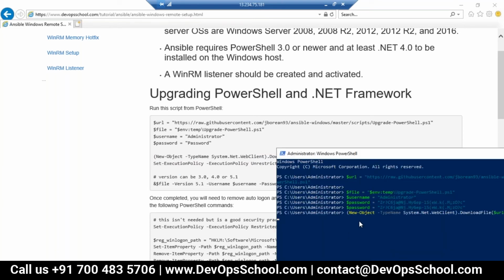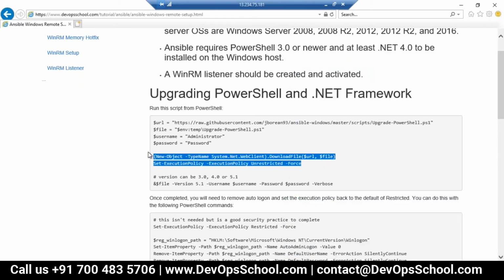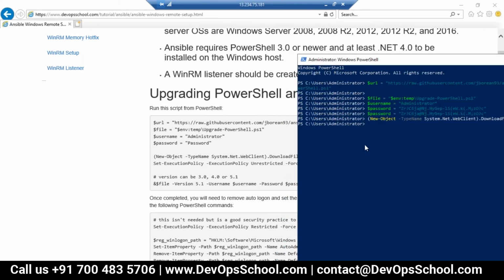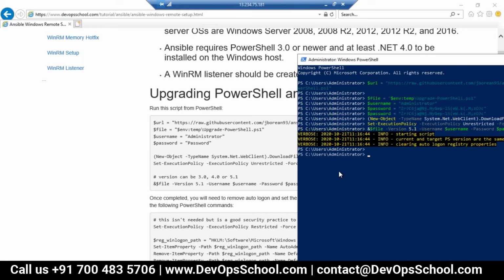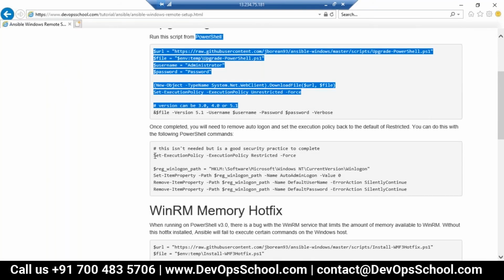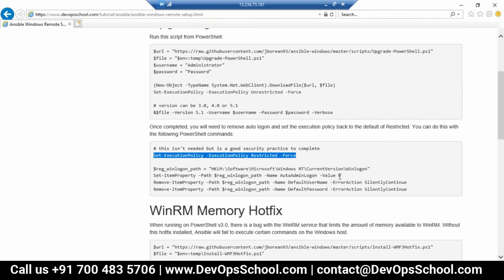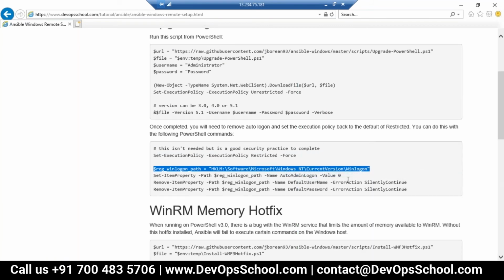So you have to be a little bit careful while running the commands. Don't run the commands and forget to see the output. So guys, done. PowerShell done. Let me do this one also. Explanation for each command has been given. You have to build that understanding.